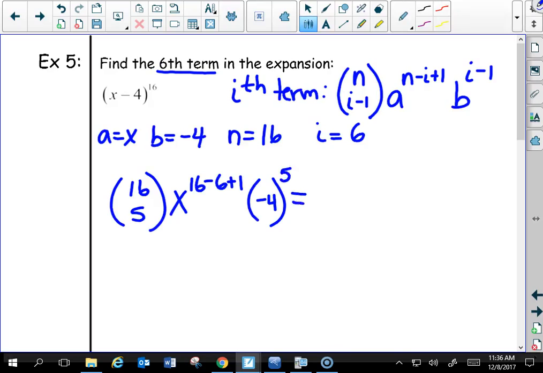All right, simplifying. The combination 16 and 5 comes out to 4,368. And it looks like I have x to the 16 minus 6 is 10 plus 1, to the 11th power. And I get -4 to the 5th, which is -1,024. So when I do all my multiplication, I get